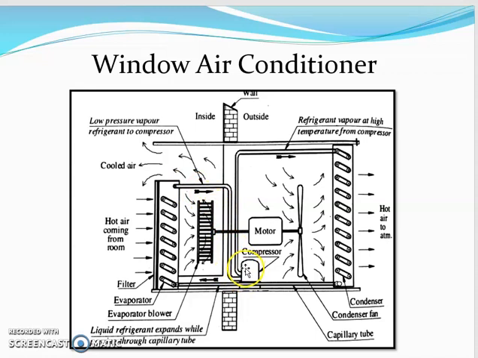Then the compressor raises the pressure from evaporator pressure to condenser pressure, and then the refrigerant passes to the condenser. Over the condenser, the refrigerant gets condensed, converted into liquid phase, and here we have a condenser fan which enhances the condensation rate. Then that liquid refrigerant enters the capillary tube. The capillary tube restricts the flow of refrigerant and thereby reduces the pressure from condenser pressure back to evaporator pressure. So this is the VCR cycle only, and this is how in this window AC also we achieve the cooling.